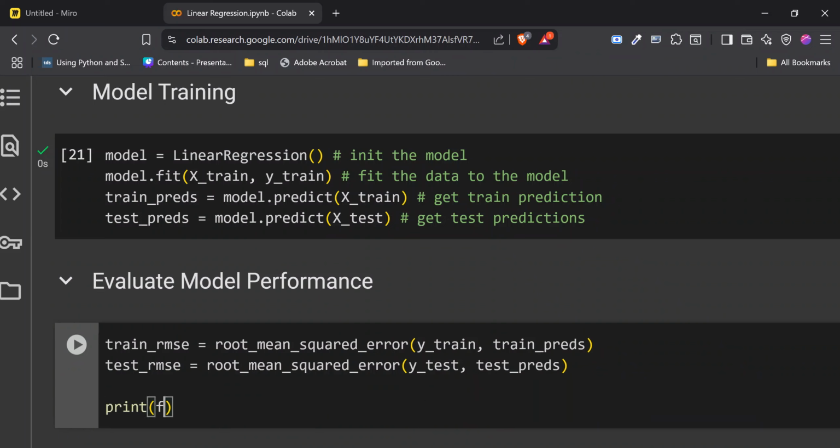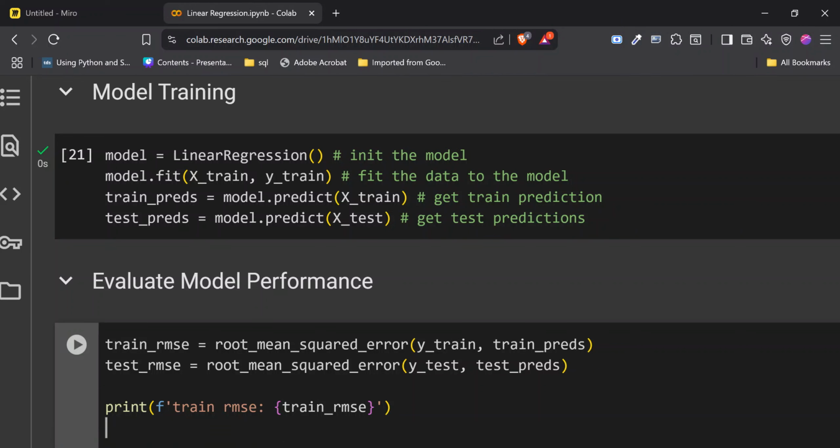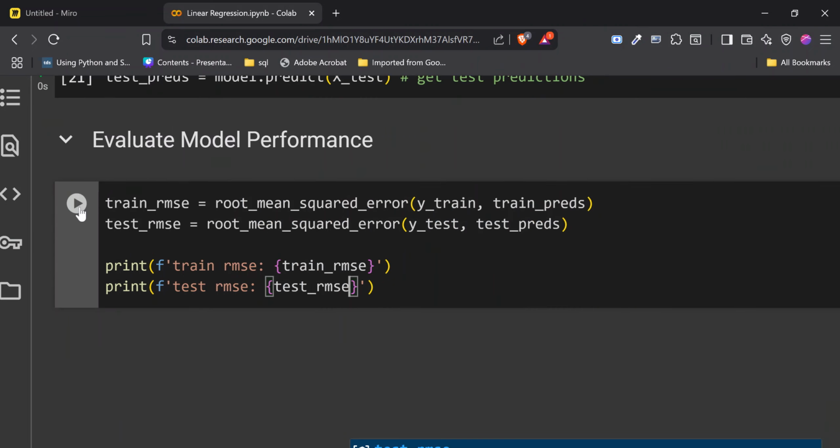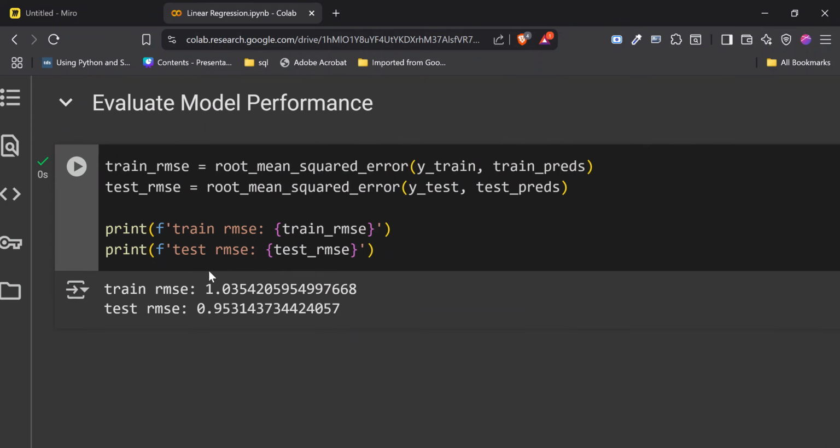We can print an f-string: train RMSE is equals to train_RMSE, and test RMSE is equals to test_RMSE. So if we run that, we have this output, and it says that train RMSE is 1.03, test RMSE is